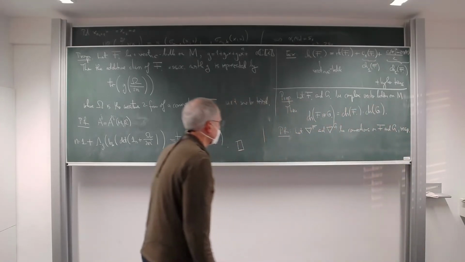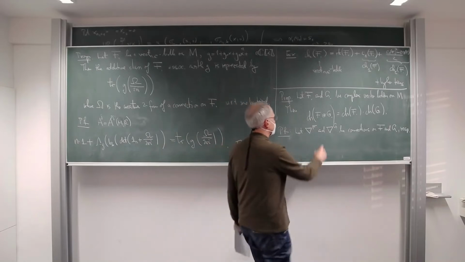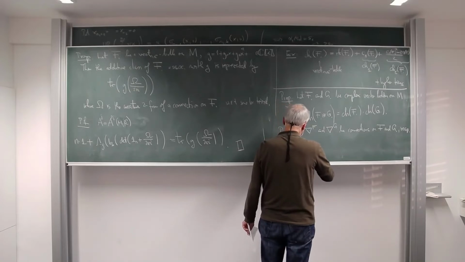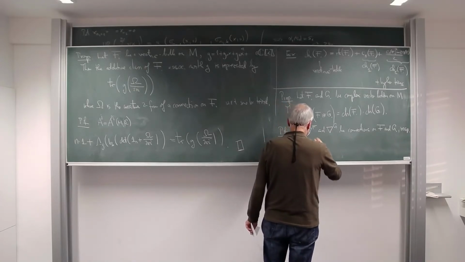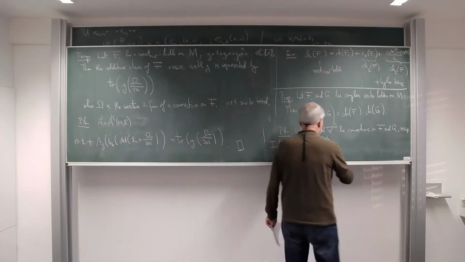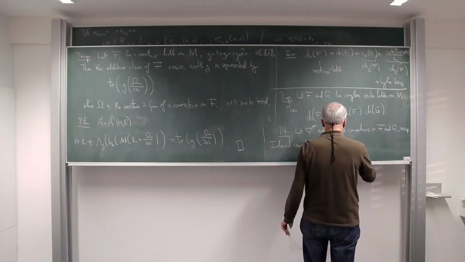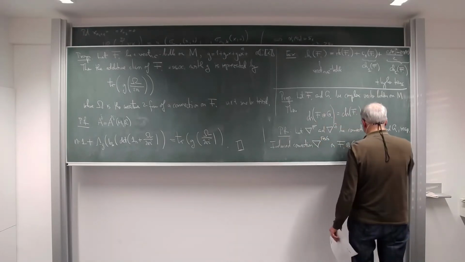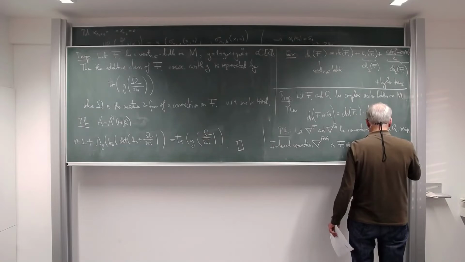And now, there's an induced connection on the tensor product, nabla F tensor G, on the tensor product of two bundles, characterized by the Leibniz rule,